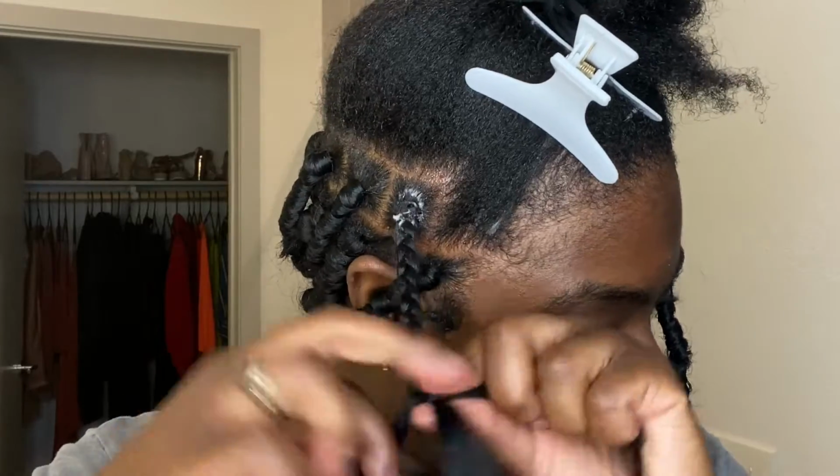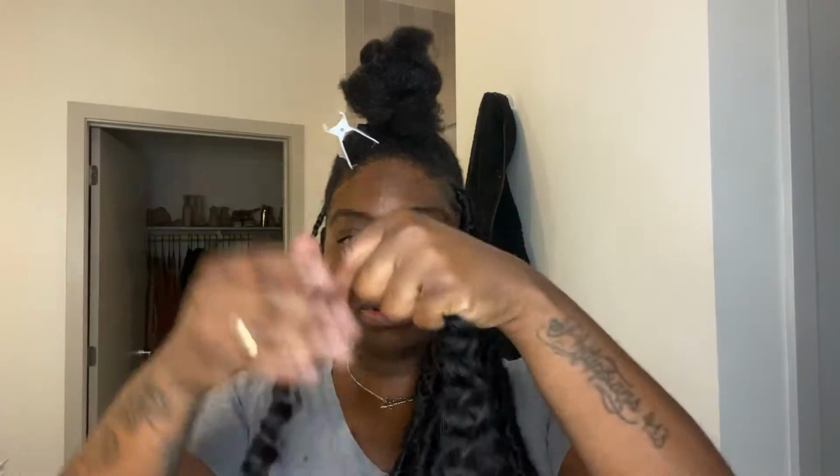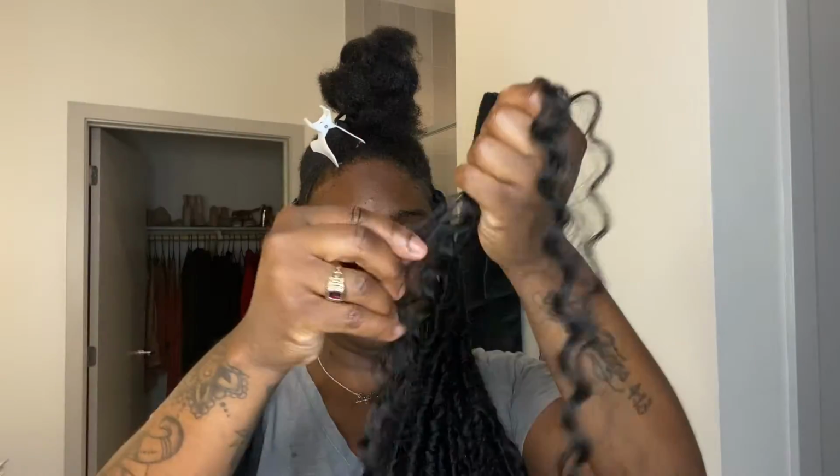Stopping at where my natural hair stops. Okay, we're just gonna stop it right there. I'm gonna take some of the Freetress deep wave hair, just probably like a piece and a half. Open that up. My camera cut off as I was showing y'all the crochet part, so I'm just gonna start